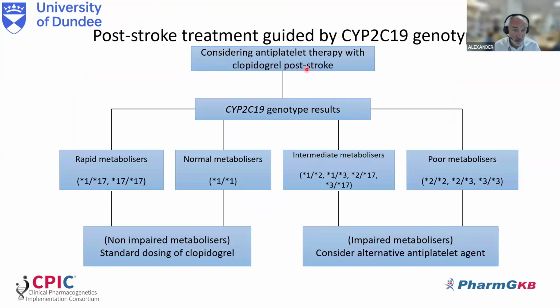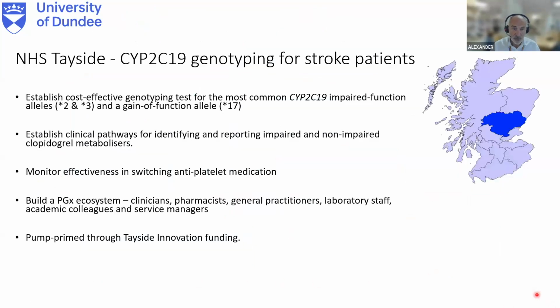Here is a patient who needs to be given clopidogrel, and you can do the genetics and find people who are normal or rapid metabolizers based on their genotype, and you can find people who are poor metabolizers or intermediate metabolizers and offer them an alternative antiplatelet drug based on existing guidelines from these organizations. And what we did with that was